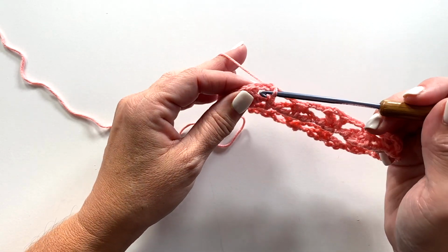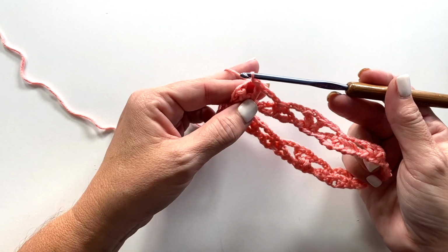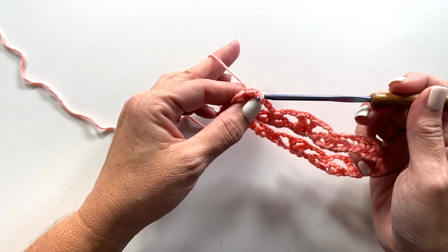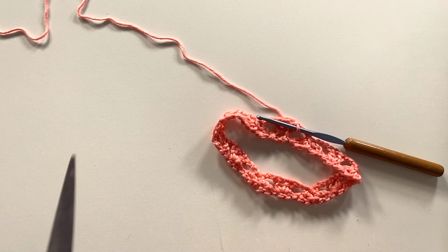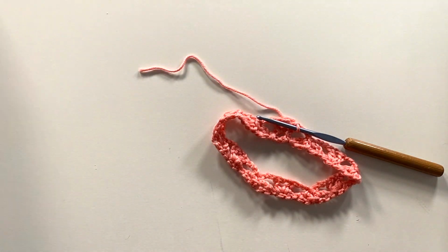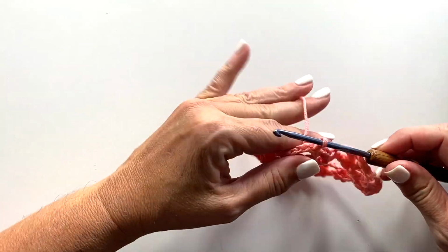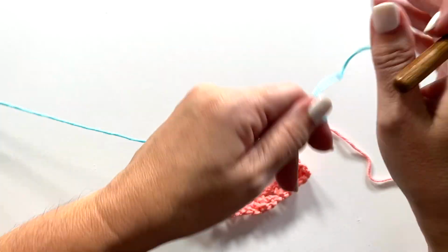So if you were doing it in the same color, you would slip stitch into that chain 2 space to begin the next round. But I'm going to show you how to do it in color work, since that's how the original hat is done. I'll just be pointing out anything that's different if you were going to do this in one color as we go. So we'll fasten off that color and join the new color